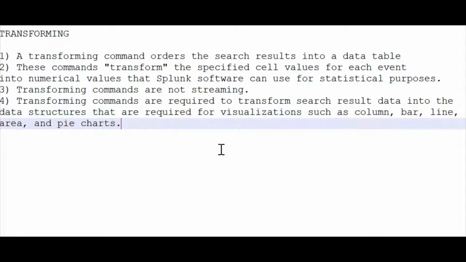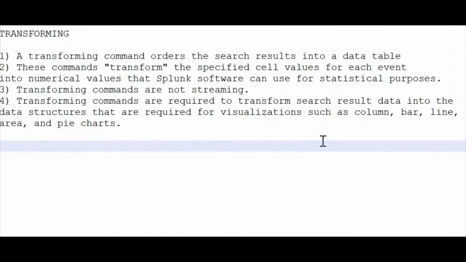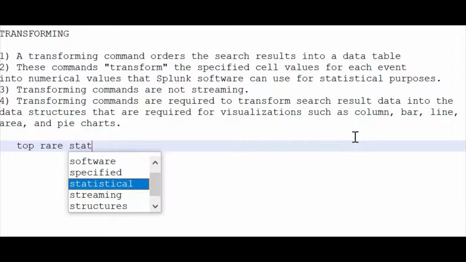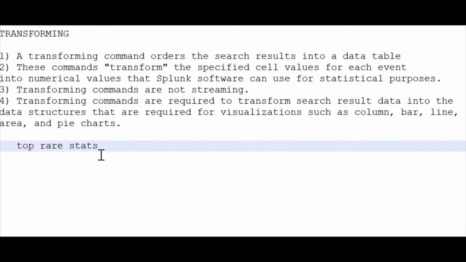In this video we are going to talk about the top, rare, and stats transforming commands. These are the basic commands which we are going to cover. Let's have a look one by one with the practical.